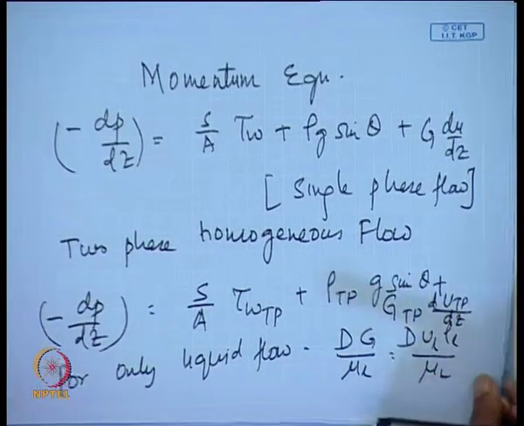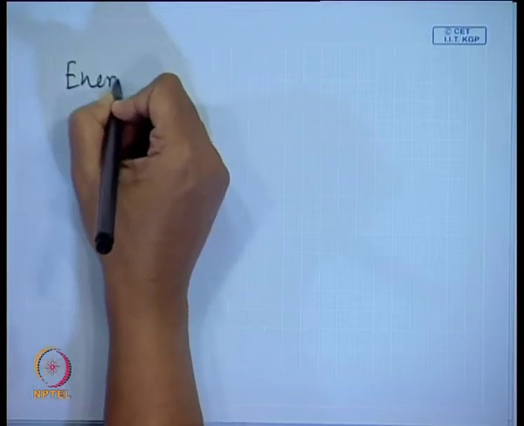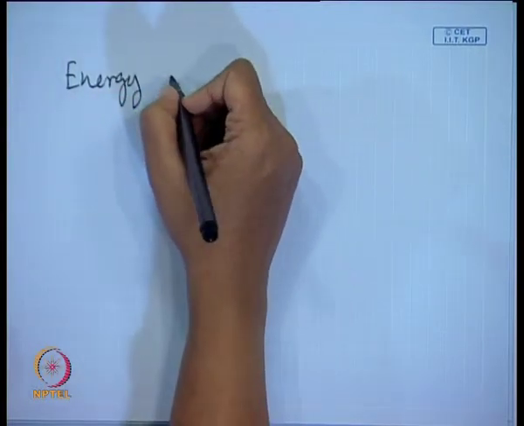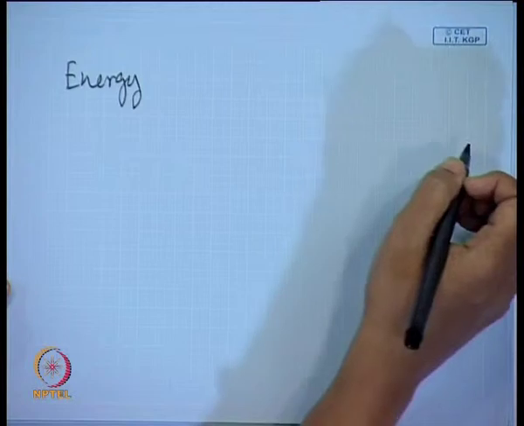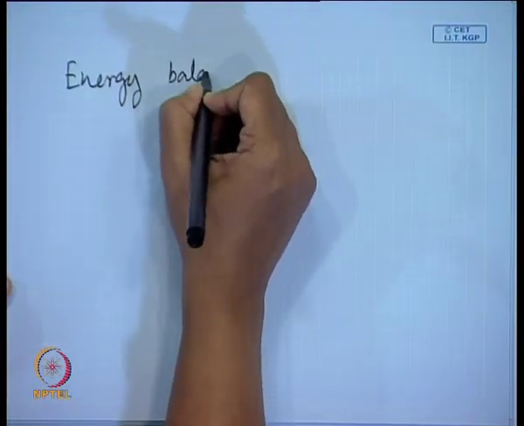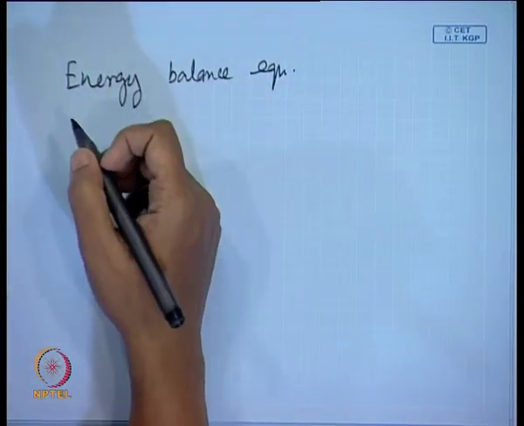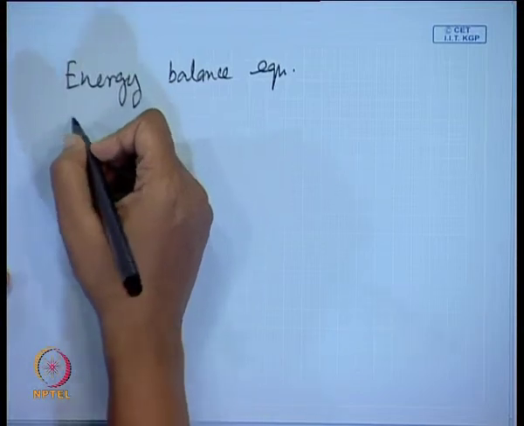Similarly, we will just do the three equations and then we will expand the momentum equation to find out how to find the pressure gradient from known input parameters. So, the energy balance equation, if we take up,